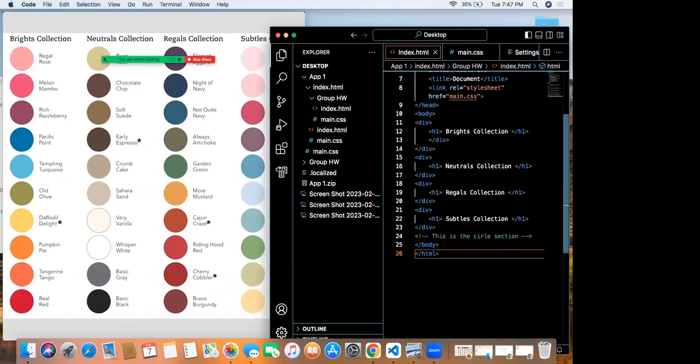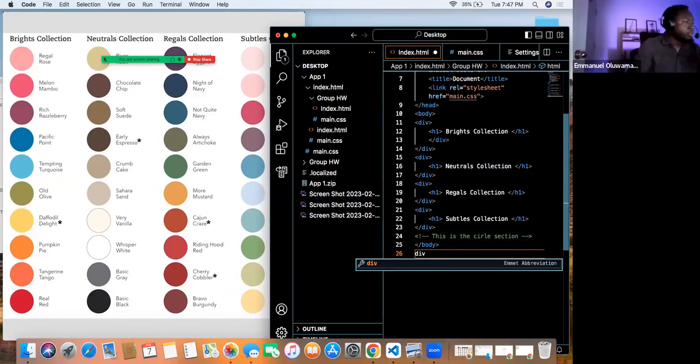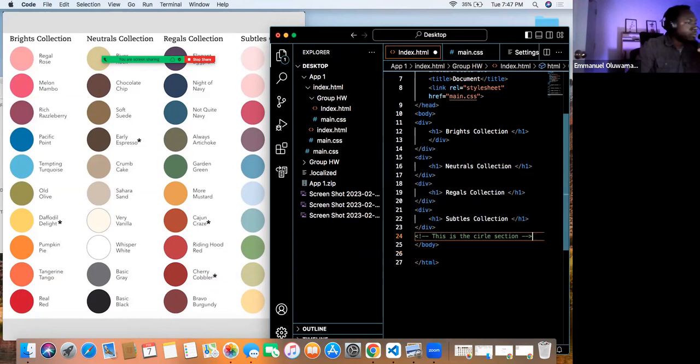So now we're doing four separate divs again. You have one big one before the four separate ones, and you have to write it before the end of the body tag, otherwise it won't show.